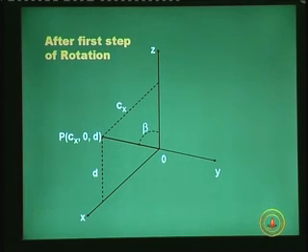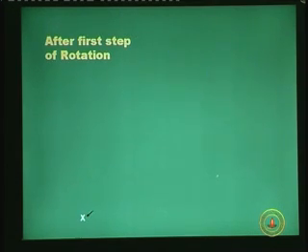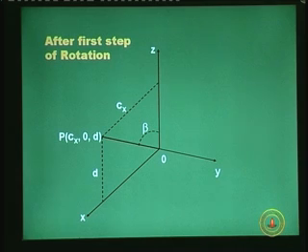We now just need to rotate the OP axis about the y axis by an amount beta to coincide the OP axis with the z axis. Remember, that was our target of step number 2: to take the axis OP and coincide it with the z axis. This was the second step of the general rotational matrix, and the first step of that second stage is to rotate about x, which gives us this scenario. So alpha we know, now we need to calculate beta.